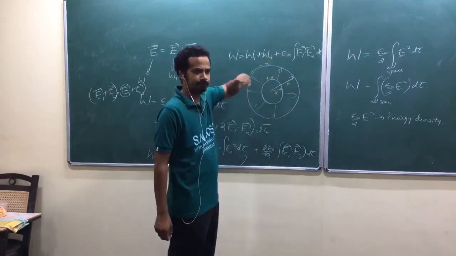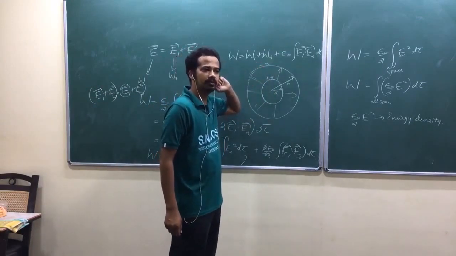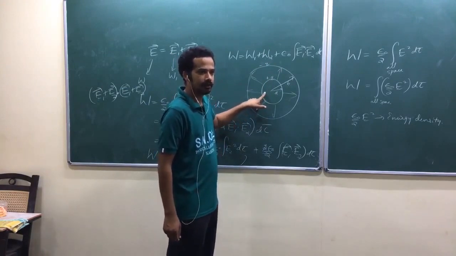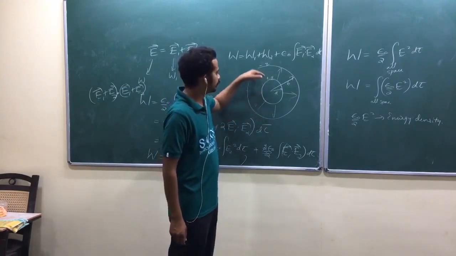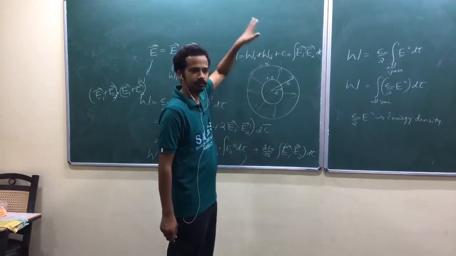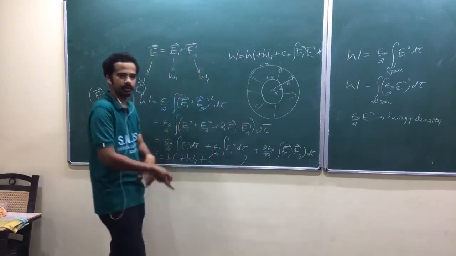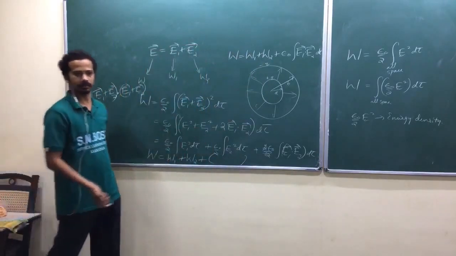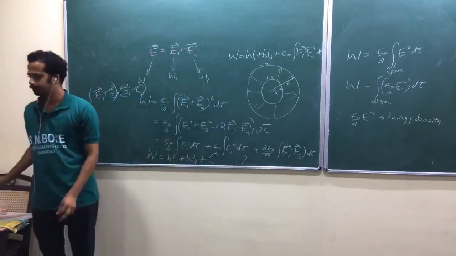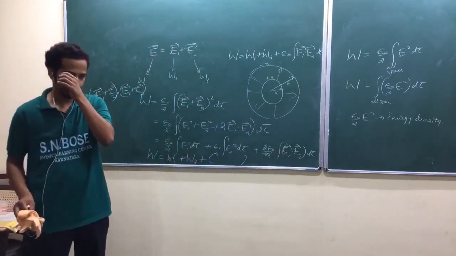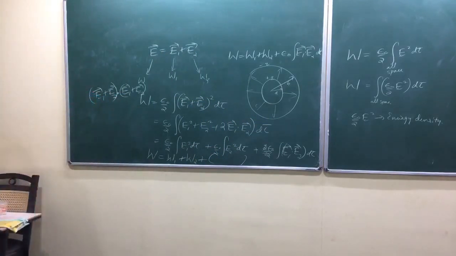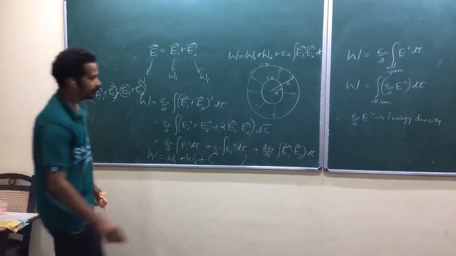Am I right? E1 dot E2. What is the angle between them? In this case, you haven't solved this one, isn't it? Because this will produce electric field outward, and this will produce electric field inward. Outside the region, you will get E1 radially outward, E2 radially inward, like that it will come, okay? Just check it out, so try to verify that one. Is that okay? E1 dot E2, okay?